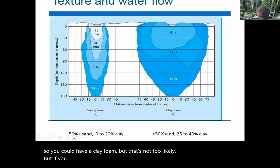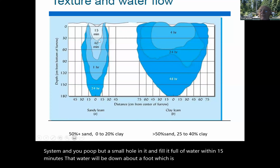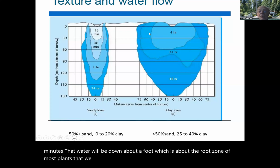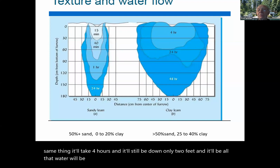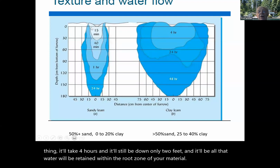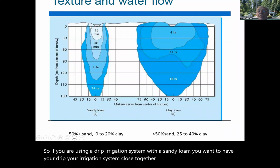But if you have this kind of a sandy loam system, and you put a small hole in it and fill that full of water, within 15 minutes, that water will be down about a foot, which is about the root zone of most plants that we have. However, if you have a clay loam and you do the same thing, it'll take 4 hours and it'll still be down only 2 feet, and all that water will be retained within the root zone of your material. So if you are using a drip irrigation system with a sandy loam, you want to have your drip irrigation system close together. You want to water for a very short time